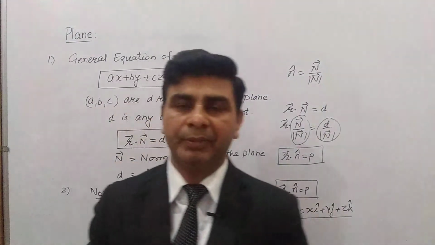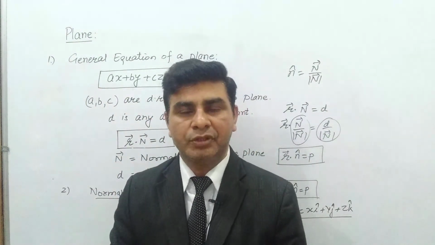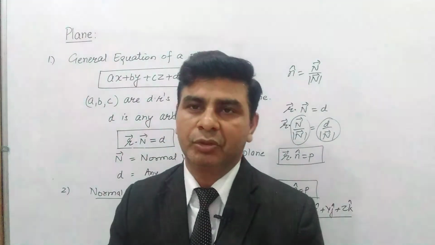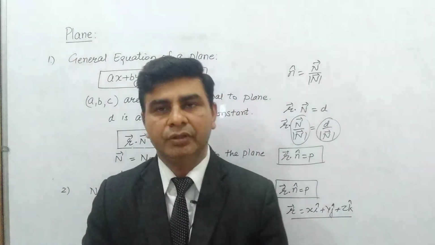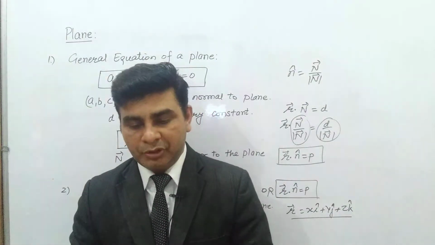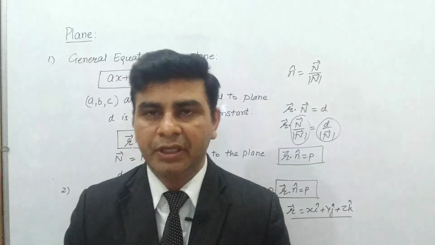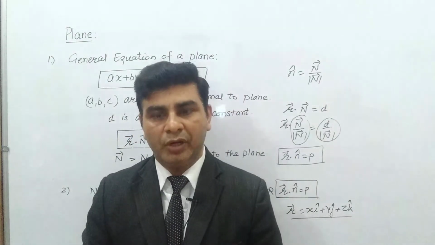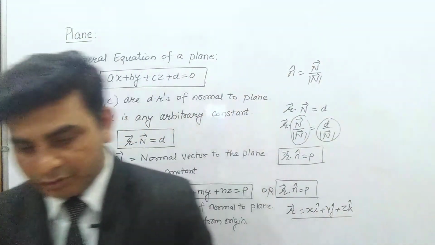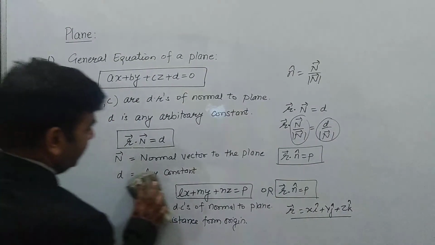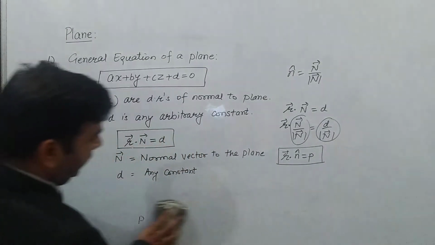ये मैंने अभी तक एक पहली कंडीशन की है जिसके अंदर आपको डिस्टेंस फ्रॉम ओरिजिन गिवन होगा और डायरेक्शन कोसाइंस ऑफ द नॉर्मल टू द प्लेन गिवन होंगे, या फिर यूनिट नॉर्मल वेक्टर गिवन होगा। बच्चों अब करते हैं सेकंड केस, जिसके अंदर इक्वेशन ऑफ प्लेन हमें निकालनी है जो कि किसी पॉइंट से पास करती है और आपको नॉर्मल वेक्टर गिवन है। इन दैट केस व्हाट विल बी द इक्वेशन ऑफ द प्लेन? लेट मी राइट डाउन